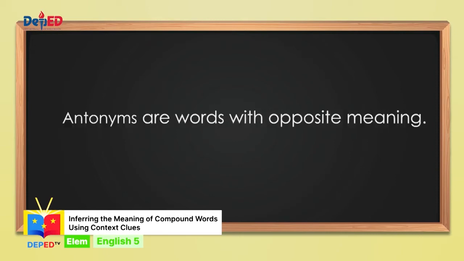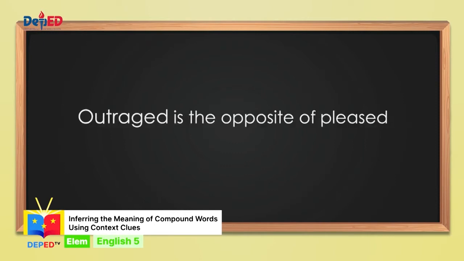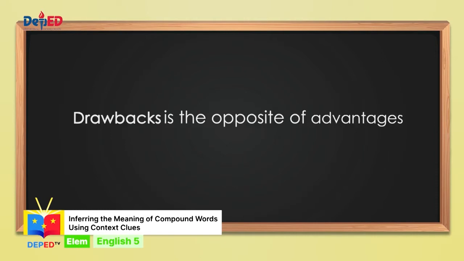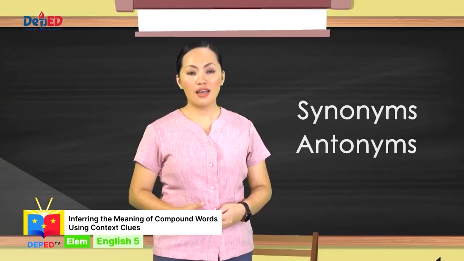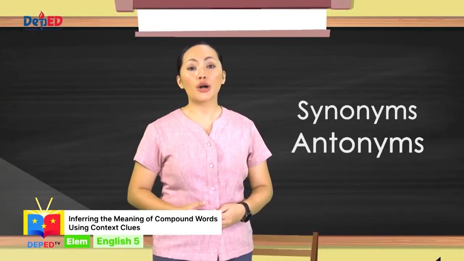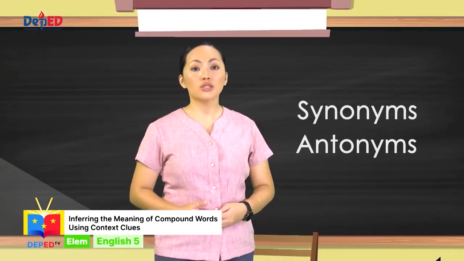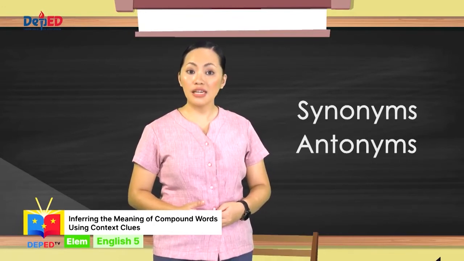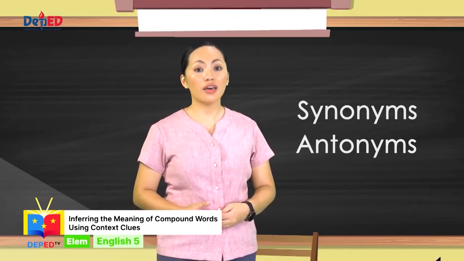When we say antonyms, these are words with opposite meaning. If the word outraged is synonymous with the word angered, its antonym will be the word pleased. And if the meaning of the word drawbacks is problems, its antonym will be the word advantages. Synonyms and antonyms are used as context clues to infer or guess the meaning of unfamiliar words in a given